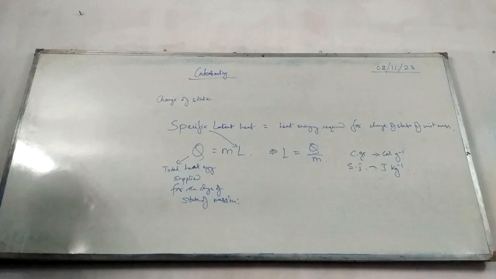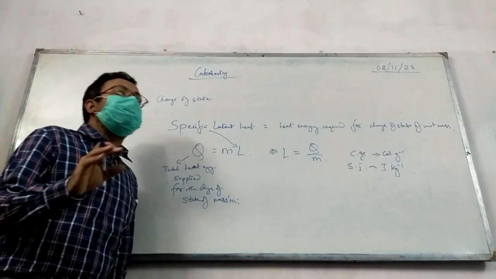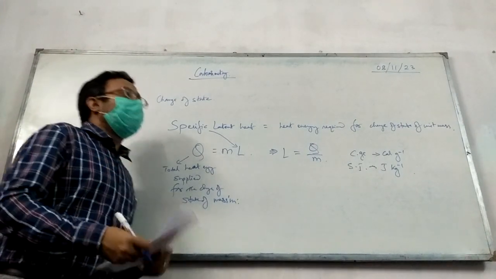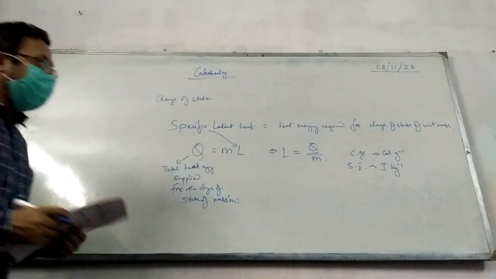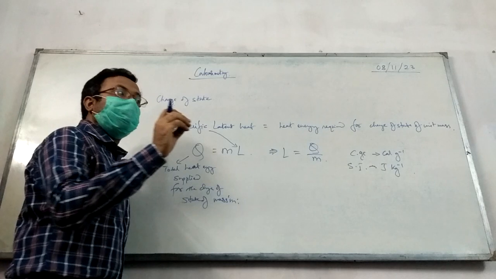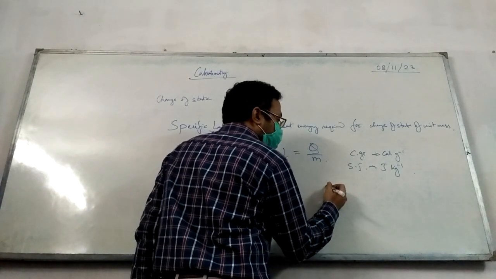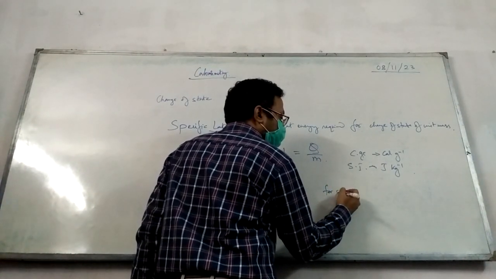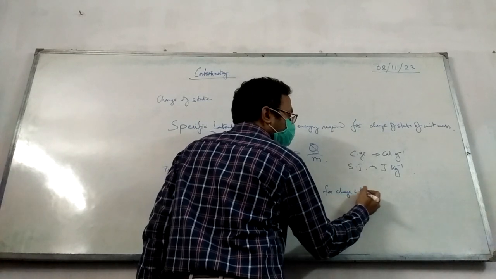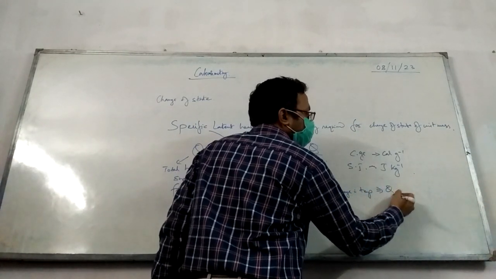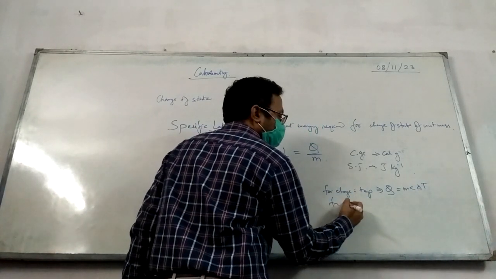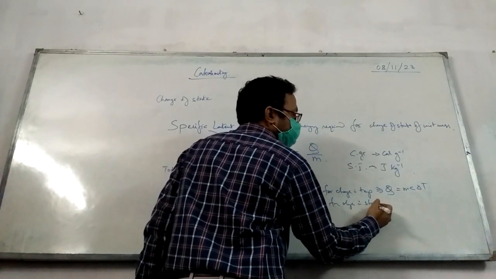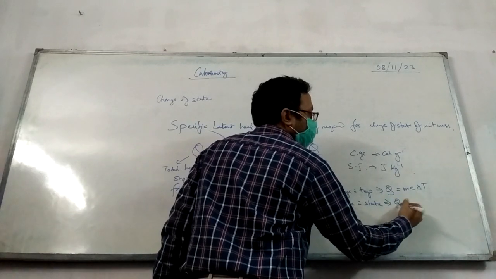Now what you need to keep in mind when solving the sums is that for changing temperature, use Q equal to mc delta T, and for change in state use Q equal to